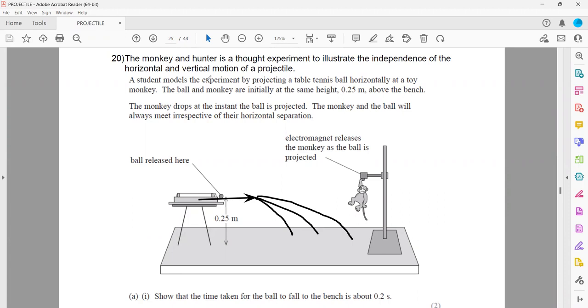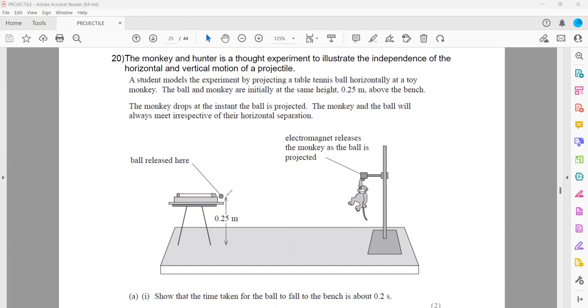So a student modeled an experiment by projecting a table tennis ball at the toy monkey. The ball and the monkey are initially at the same height of 0.25. The monkey drops at the instant the ball is projected. The monkey and the ball will meet irrespective of their horizontal separation. Hence,